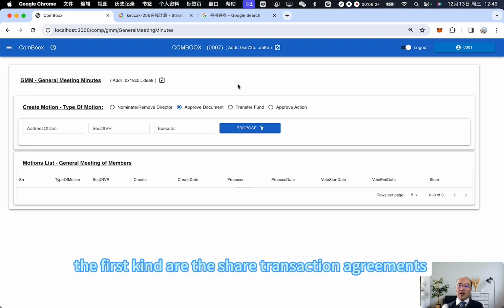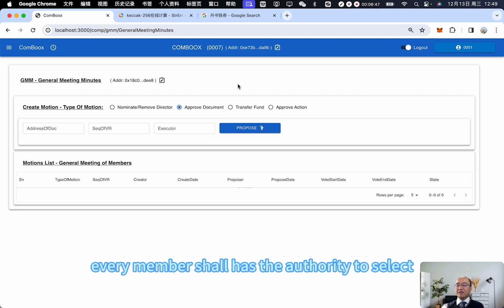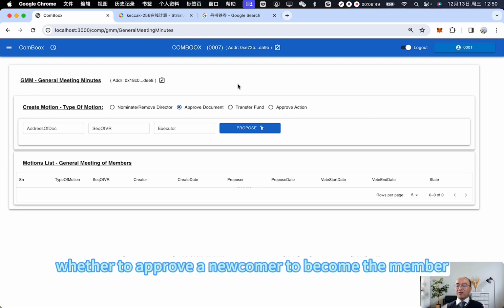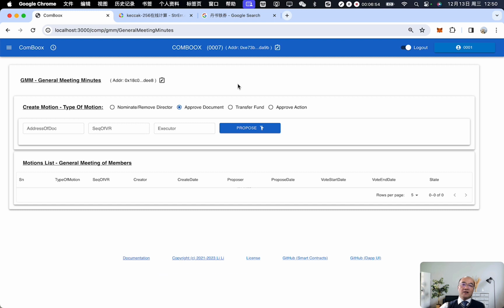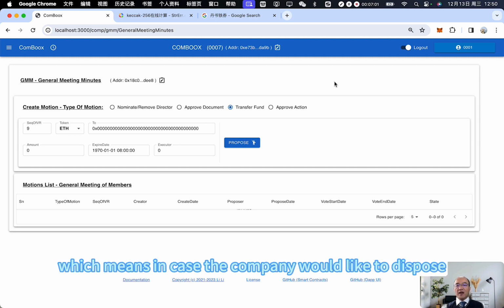The first kind is the share transaction agreements, or we can call those agreements investment agreements, to be approved by the general meeting of members. Because as a limited liability company, every member shall have the authority to select whether to approve a newcomer to become a share member. And the next type of motion refers to transfer fund,